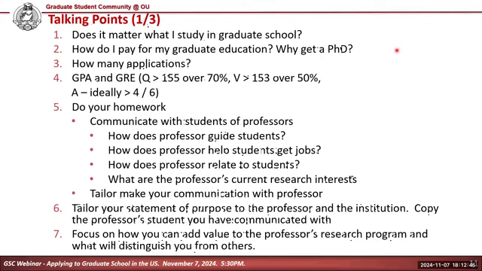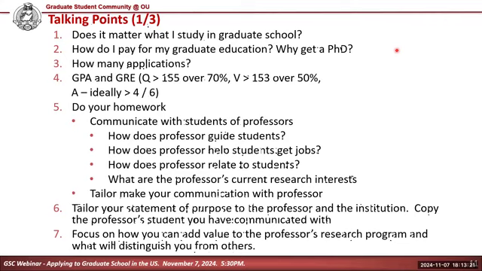And what is most important is what are the professor's current research interests? It's not the past, it is what is the current. For example, I still get letters from people saying, I'm interested in material science. I want to do a PhD with you in material science. I've stopped doing anything in material science since 2019. So you need to find the professor's current interest. You can find that from the students, but more importantly, you can become a member of ResearchGate, researchgate.net, and that is free. And you can find out using keywords what a professor does.